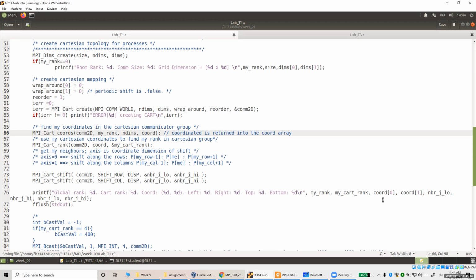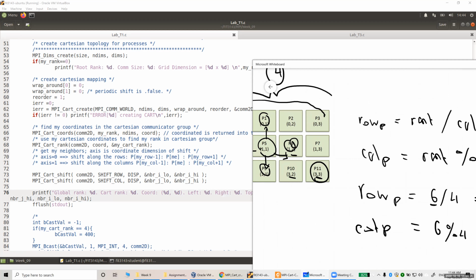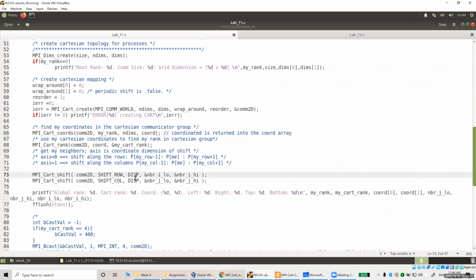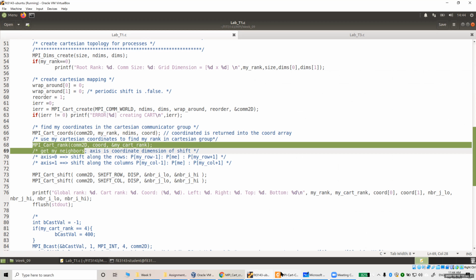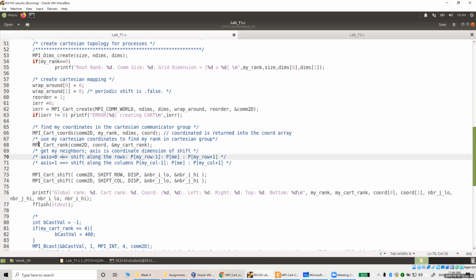All right, then you can print out. As you can see over here, you'll print out the row and column value of the particular rank. So for each rank, you will have your row and column value. Exactly the same thing that we've done over here. All right. Now, cut rank was not discussed inside this PDF file, but cut rank is the reverse of